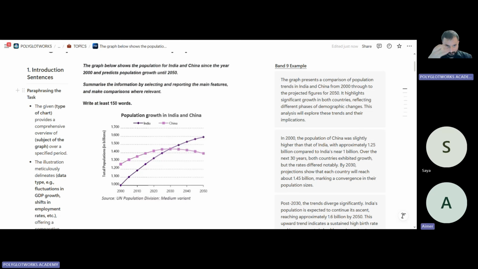Timer, let's go. In the beginning of the 2000 years, India had a